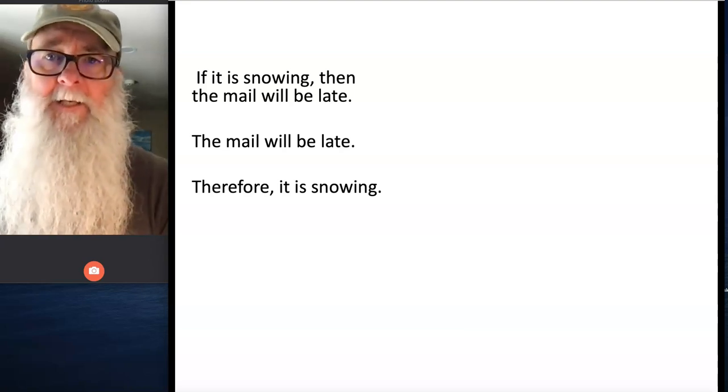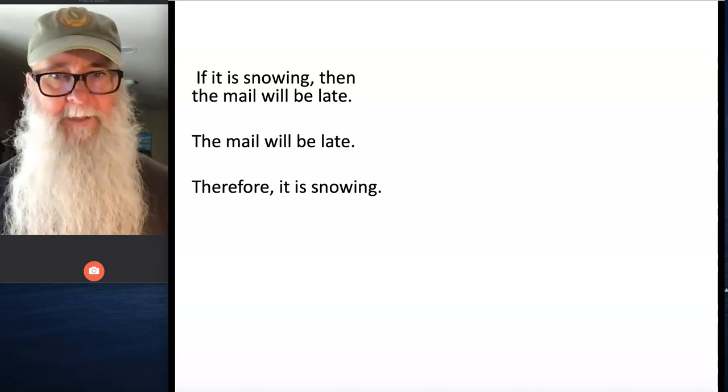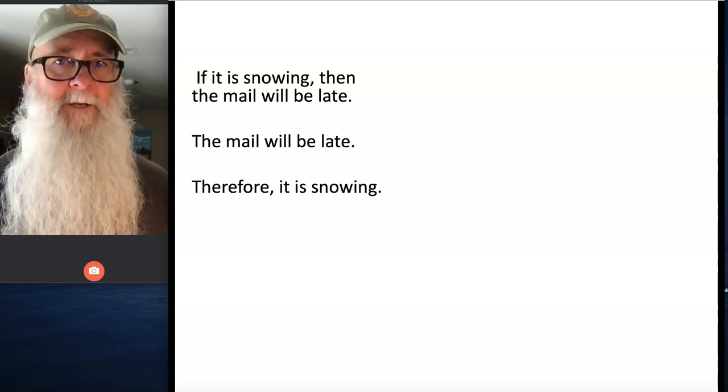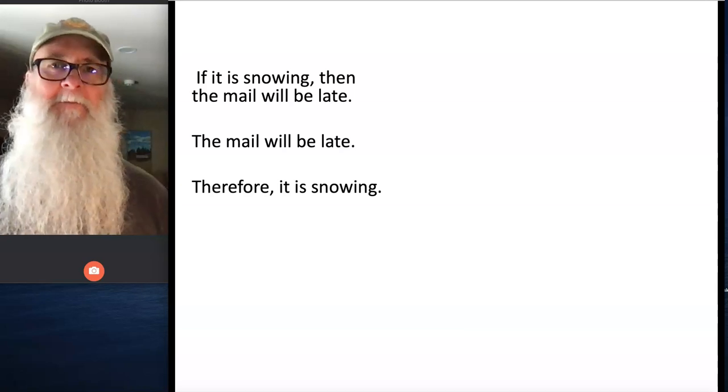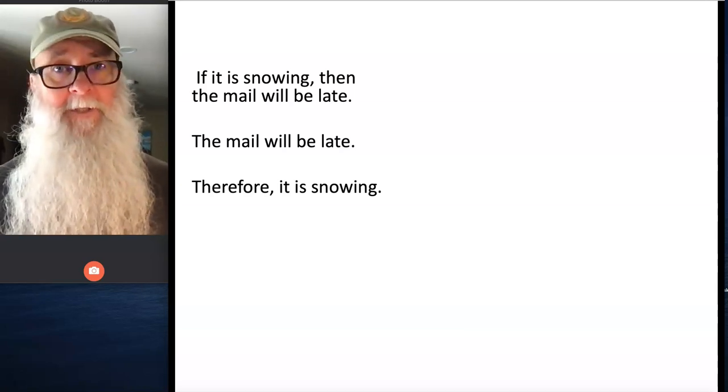Take a look at this argument. If it is snowing, then the mail will be late. The mail will be late, therefore it is snowing. You might remember this argument from an earlier thought primer in which we were constructing ordinary truth tables using L